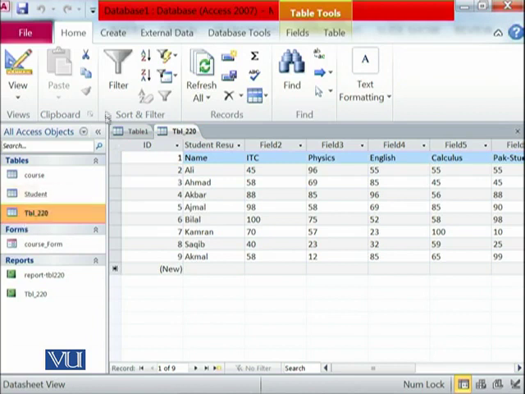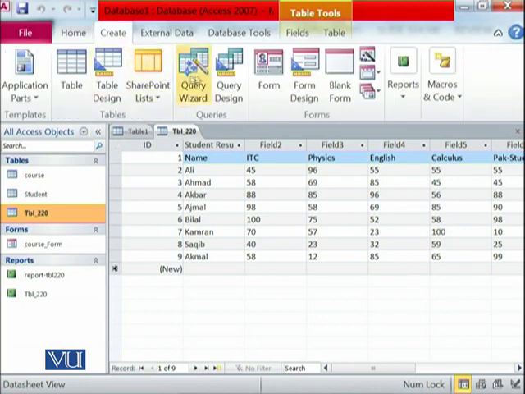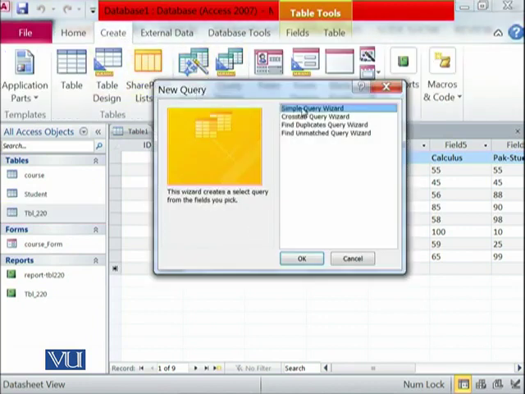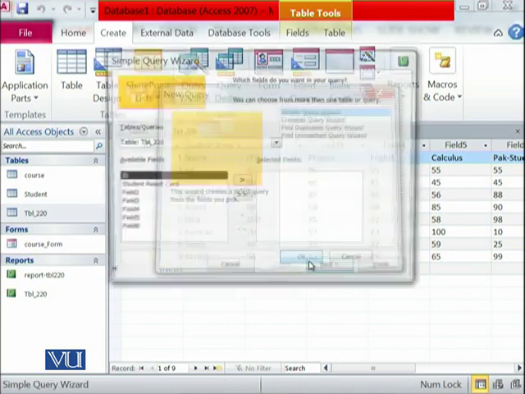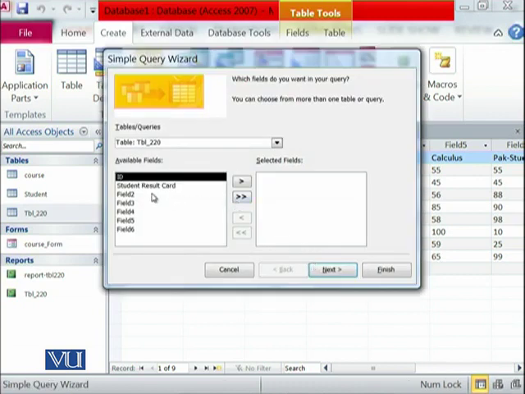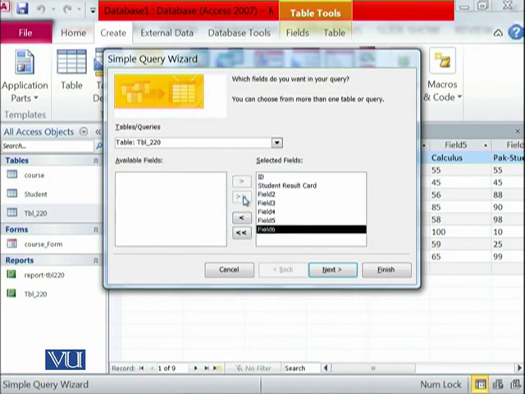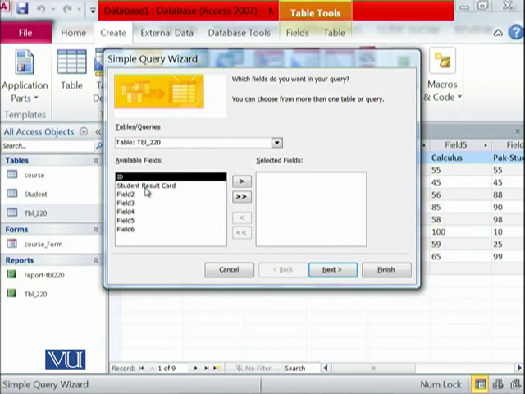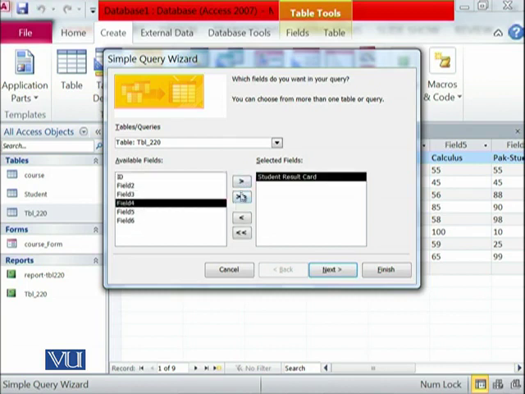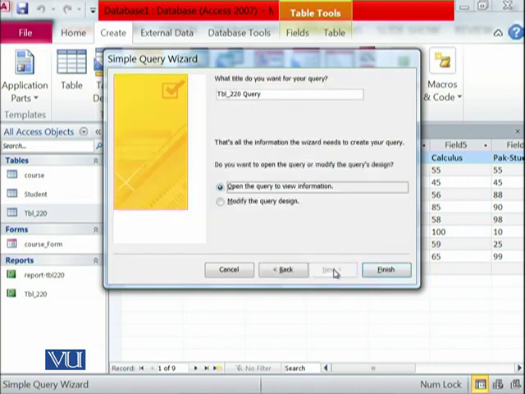So we have selected this one, create using query wizard, simple query wizard, okay, and we need to select, for example, if we want to select all of the things, we will click over here, and if we want just some of the things in the query, we will click like this. Then next, the name of the query, open the query to view information,